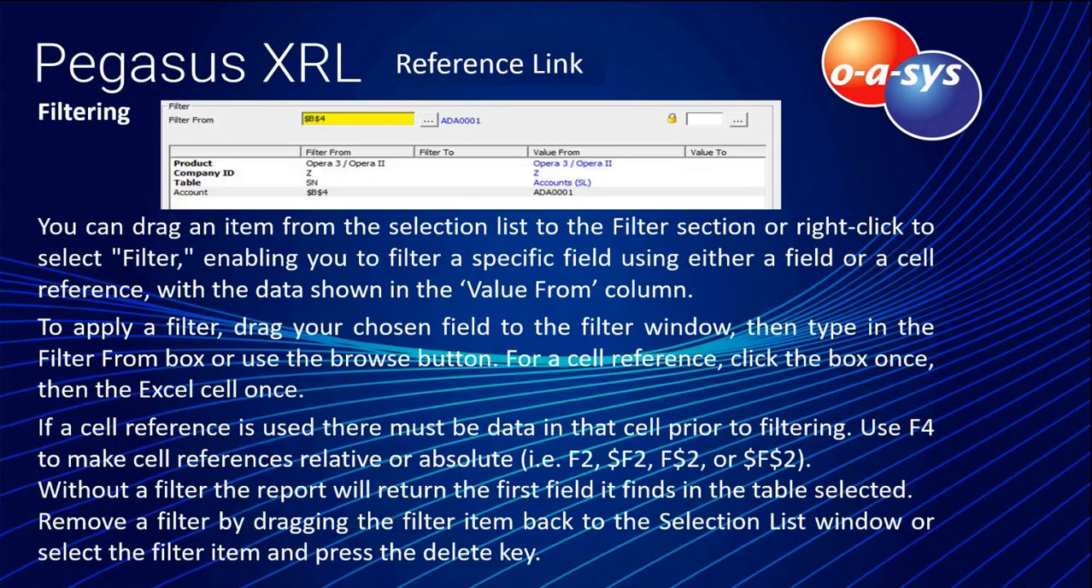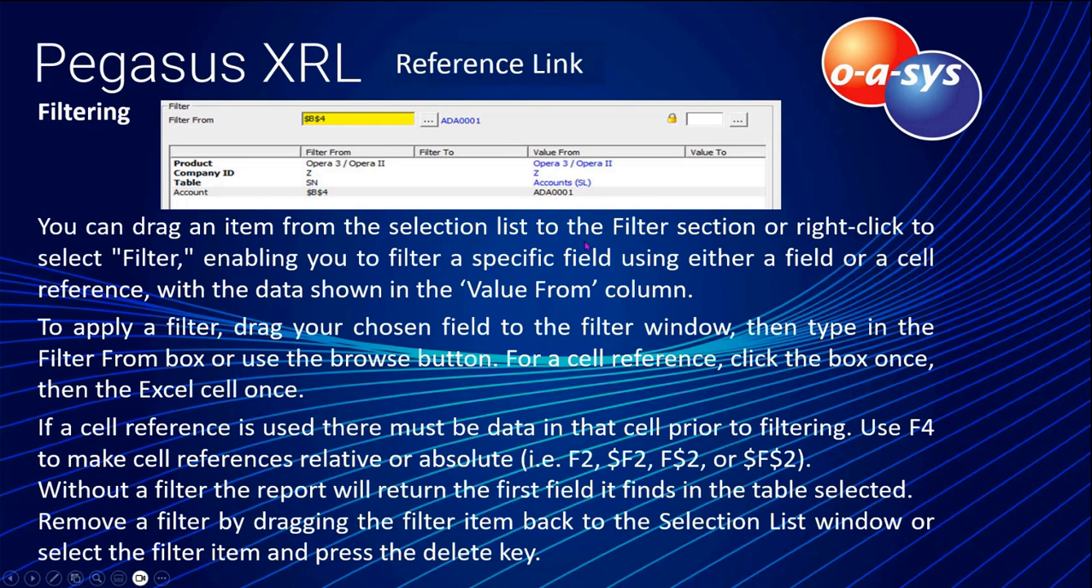On the filtering section, which sits at the top, an item from the selection list can be dragged up into the filter section, or you can right click the main item and select filter. You are then able to filter that specific field. You can filter using either a field or a cell reference. If a cell reference is used, the data in the cell reference will be shown in the value from